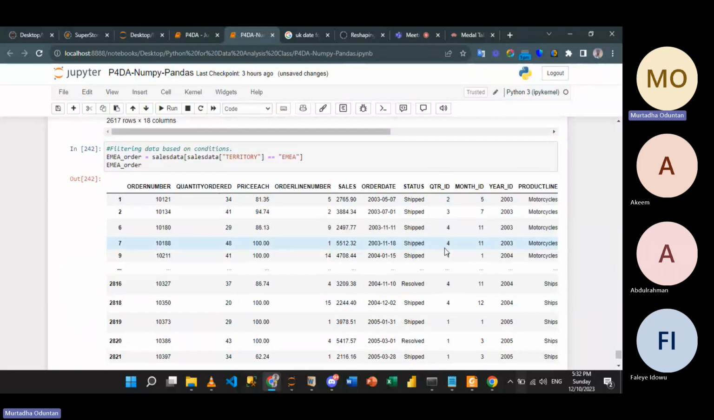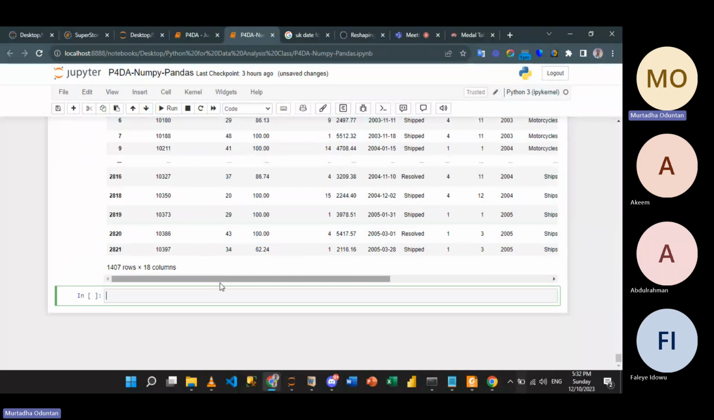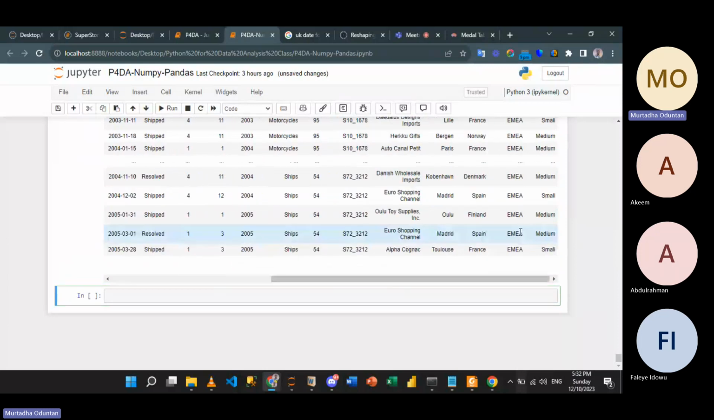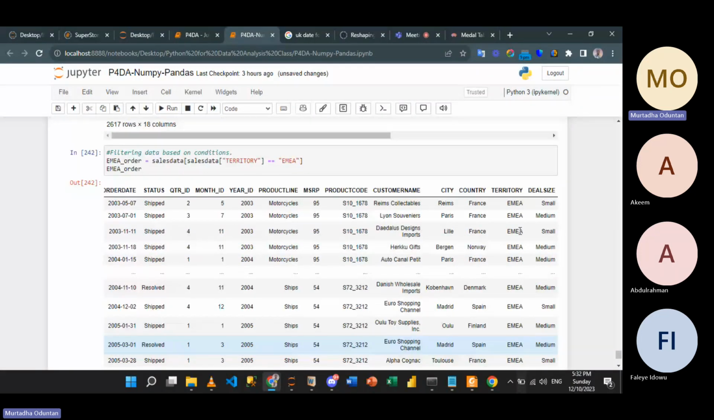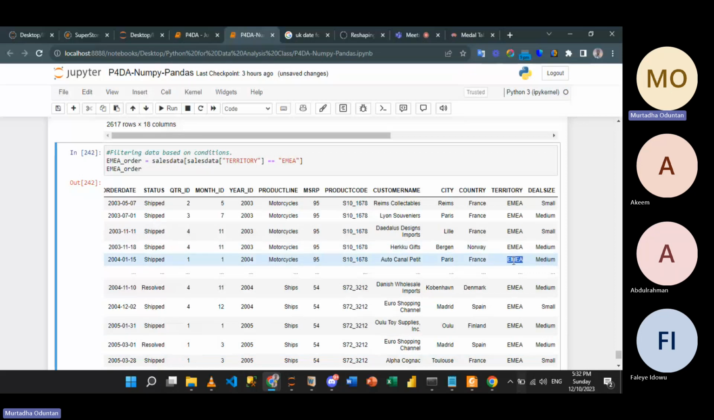So we'll see all of the orders that are here are for EMEA. So we see everything inside the territory is for EMEA. Now these are ways to filter. Now you can even filter on multiple conditions. Now let's say, for instance, we want to filter